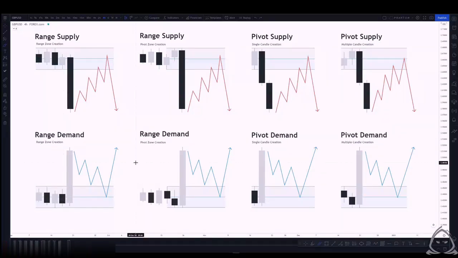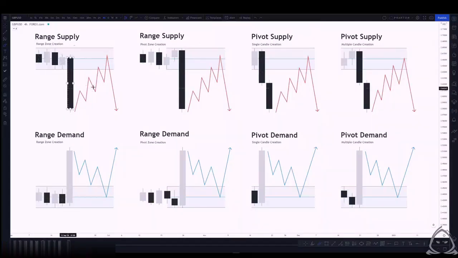Generally speaking, if you have more than 8 candles, you can typically go up a time frame and refine from there. And what you'll see is on that higher time frame, you'll probably have that 4 to 6 candles, and on a lower time frame, you might be able to refine using some of these pivot concepts, which we'll touch on in just a moment. So again, if we're looking at range created supply and we're mapping out our zone, we would mark out the highest high of that range in price and the lowest low of that range in price, and then wait for that expansion out of that range that would break the range in price that was created.